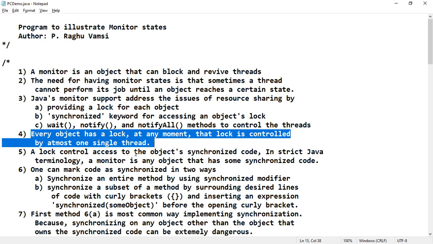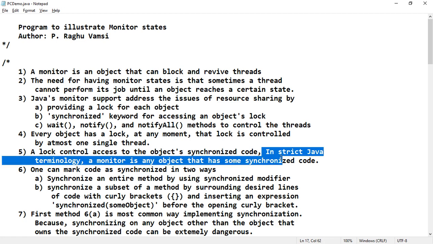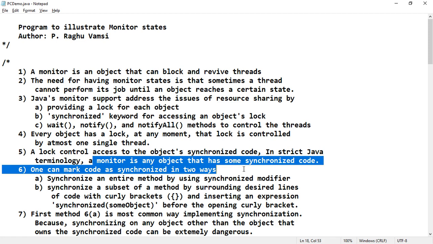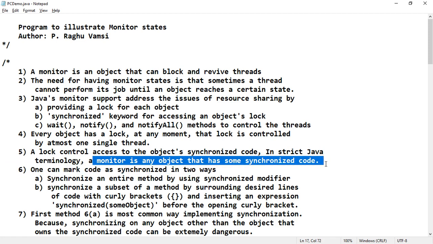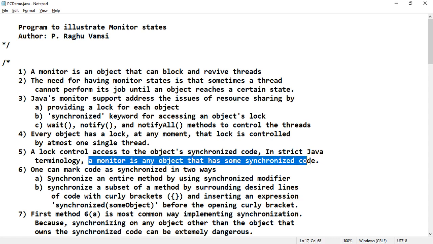That lock will be available with only one thread at a time. A lock controls access to an object's synchronized code. In strict Java terminology, a monitor is any object that has some synchronized code. Please remember, a monitor is nothing but an object consisting of synchronized code.